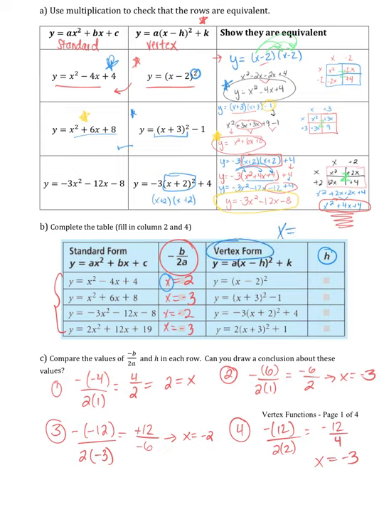So x is equal to h. When looking at our vertex form here, we see h is right here, okay? And if you realize that there is a negative in front of it, we have to be careful with that, okay? So when we look at vertex form, you have to be careful of the sign in front of the number, okay? Because it's always supposed to be